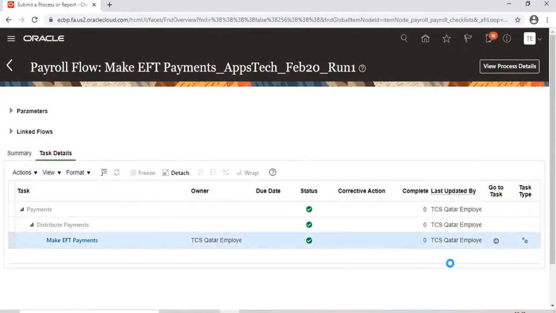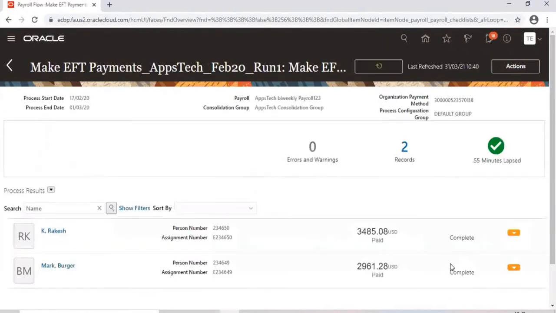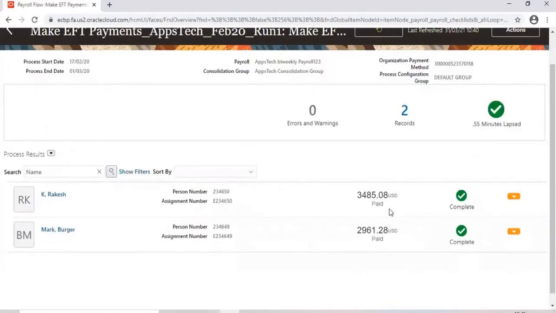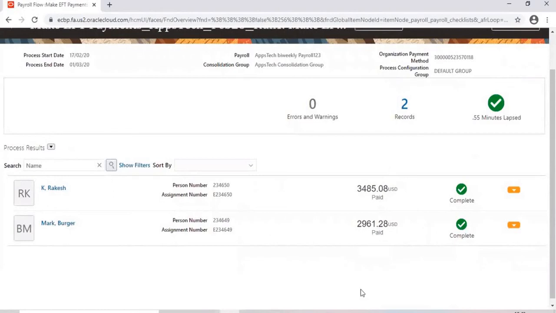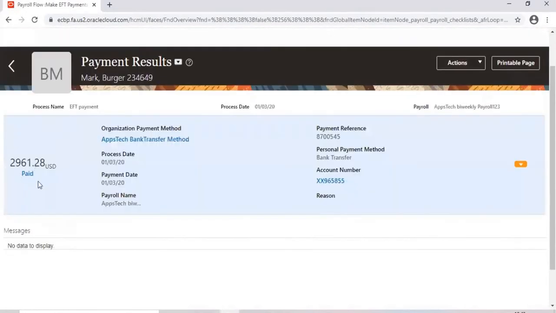I don't know whether it shows. Sometimes it may, as I said again, this is a custom process. Yeah, you see this amount. Now the status is showing as paid. Earlier it showed as unpaid. Remember, right? So when I click on this employee, you see now, earlier it showed as unpaid. Now it's showing as paid, meaning it is paid to the bank account. I mean, this is a dummy.